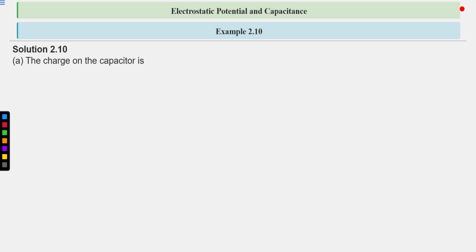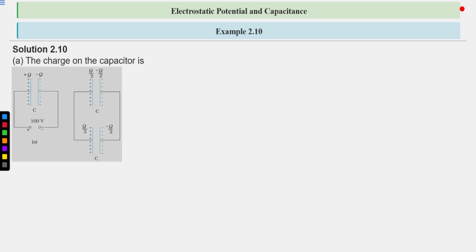The charge on the capacitor, again the same diagram. Initially, in the first case, the charge on the capacitor is Q equal to C into V, which is equal to 900 into 10 to the power minus 12 farad into 100, equal to 9 into 10 to the power minus 8 coulomb. This is the total charge stored on the capacitor in the first case